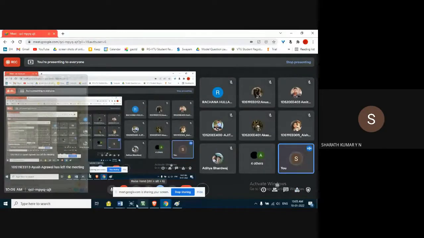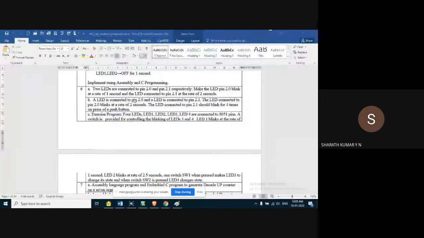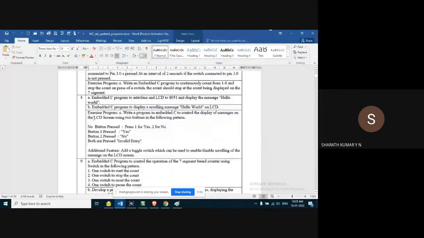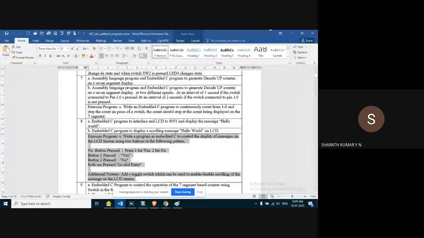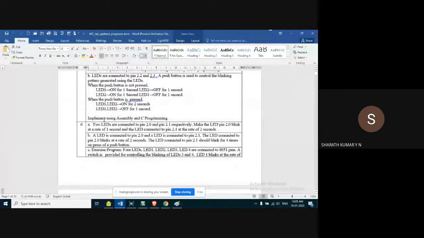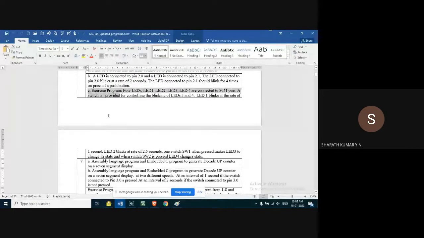So I was talking about this one. That is sixth. We have completed 8 and 8P. That is LCD interfacing. Left out is 8C program. We'll be doing this also. No problem. And ninth program. Okay. We can expect any one of these for the exam. Today, let's look into this my sixth C program.